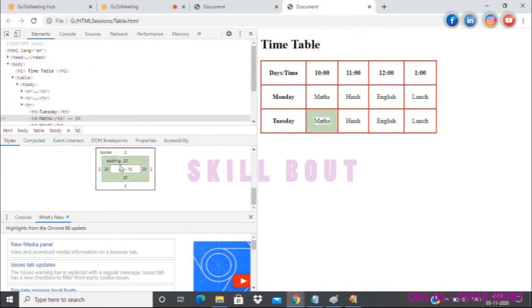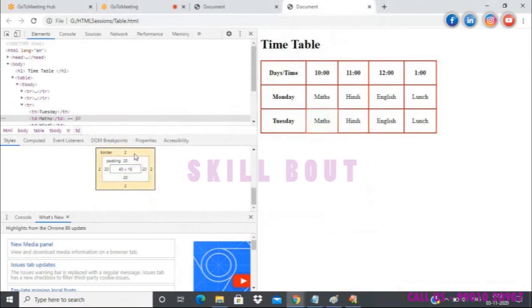Okay, and then you will have the content area where 40 is the width here and 18 is the height, 40 into 18. Then you will have padding, then this is the border, and you will also have something called margin, which you are currently not seeing, but I'll use that while discussing CSS.